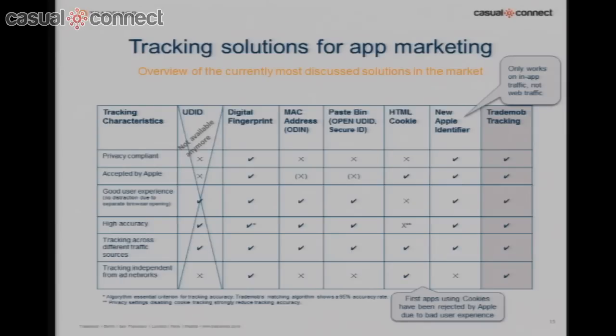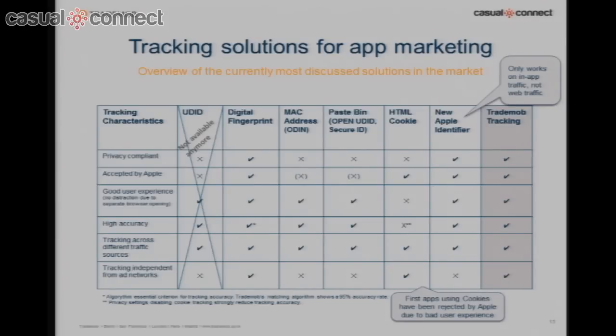Most of them do have some pros and some cons. The major way of tracking today is basically by using device IDs, which has some privacy issues attached to it, but the major problem with device IDs is that device IDs are not available for all traffic sources. In fact, if you're plugging into CPC today, you can see that not more than maybe 30% of all traffic sources do actually give you a device ID, so you can't track using device IDs.